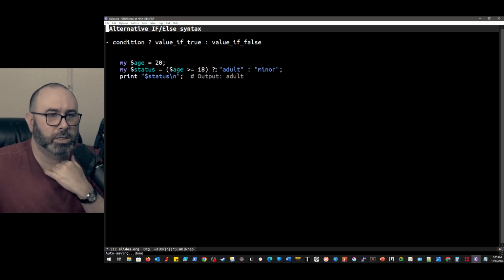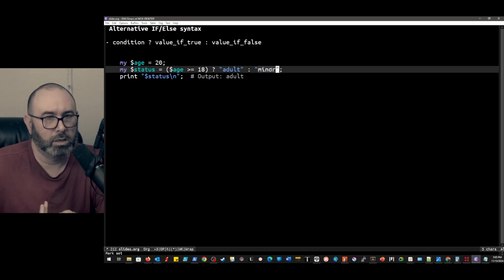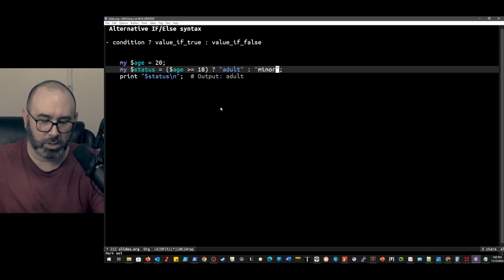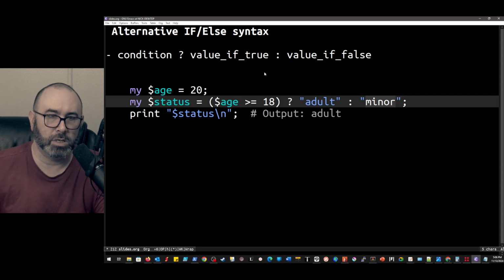This is basically evaluating if this statement was true, and then it gives you a value if that was true, and then a fallback value. That can be really handy in some instances, and if you get a whole bunch of these statements, that can be very readable. So that's something a lot of times people will want to add. But if you're not familiar with the syntax, that can be confusing.